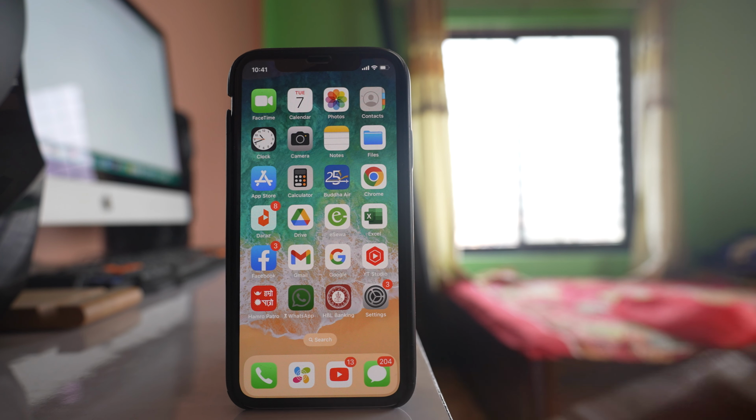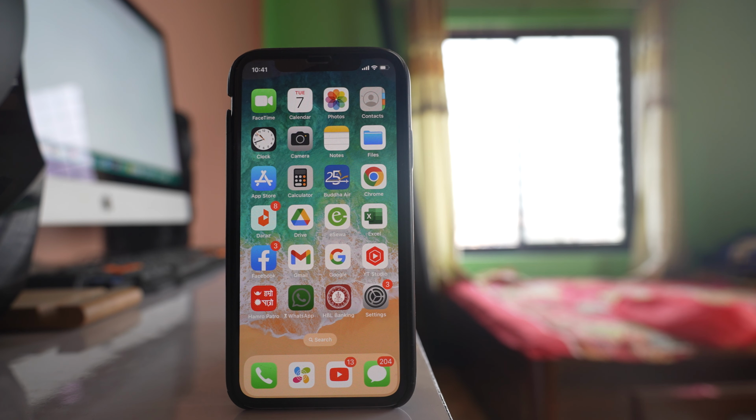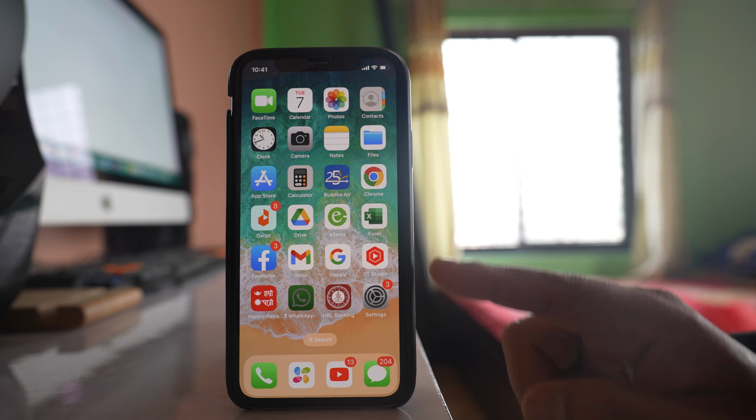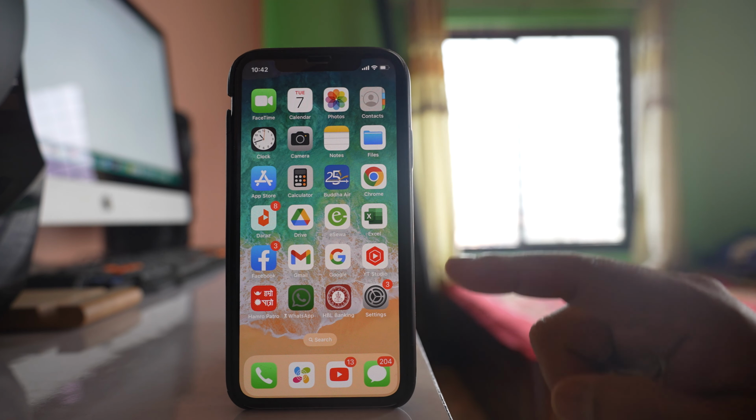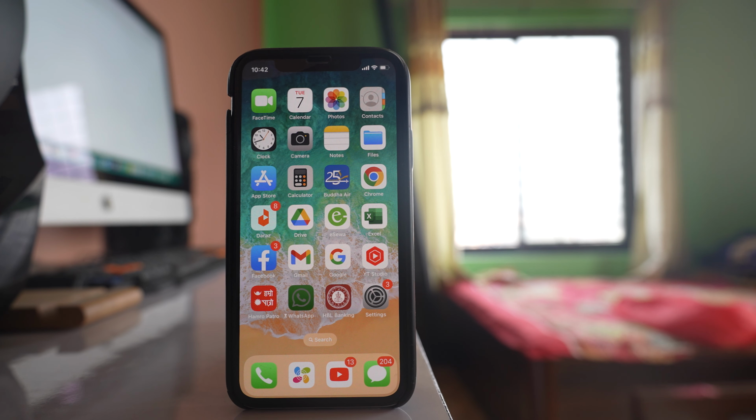The other thing that you can do is, if you have recently used a screen guard on the iPhone, then remove the screen guard to see if this will fix the issue. Also, if you have used a new case for the iPhone, remove the case. Sometimes if there is a magnetic case, then it can cause issues.